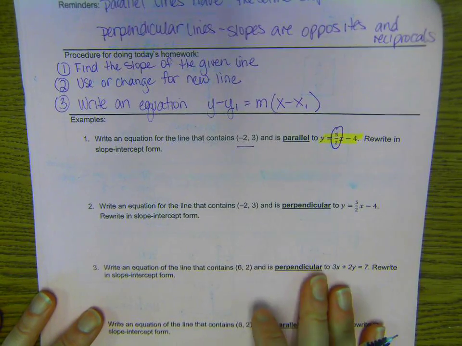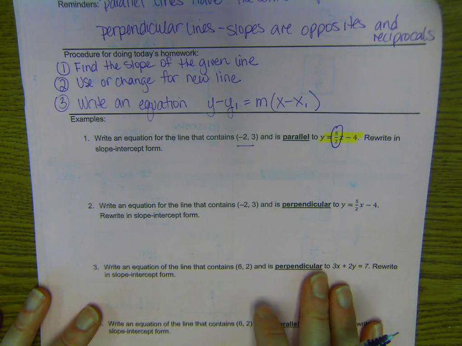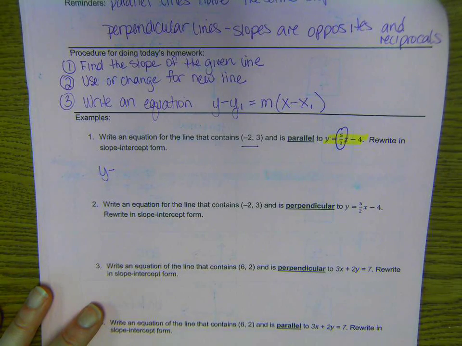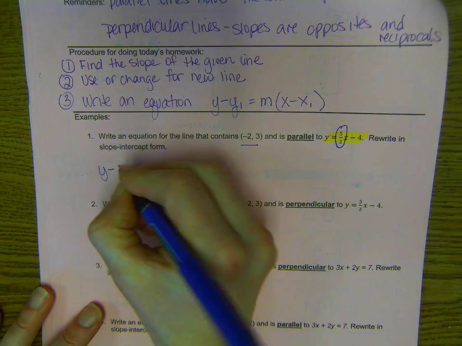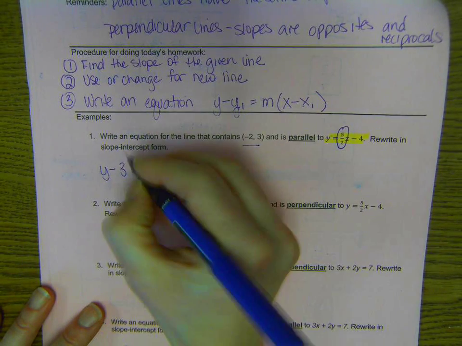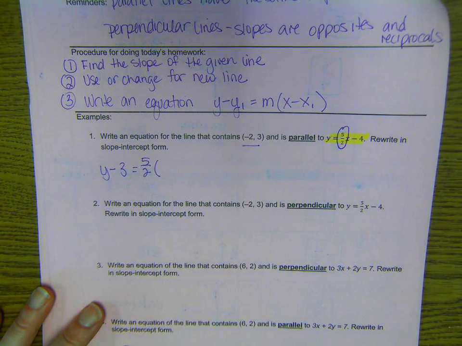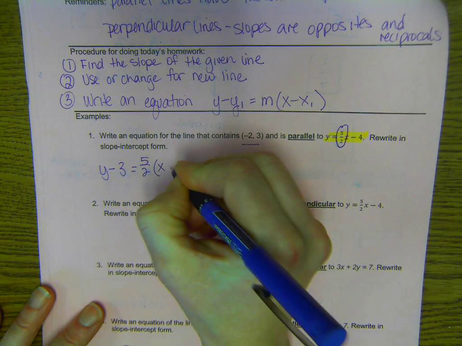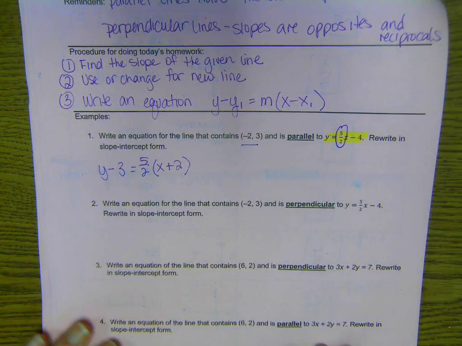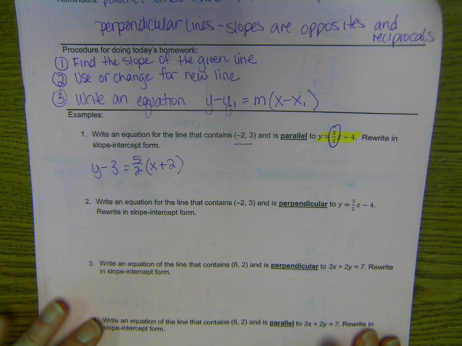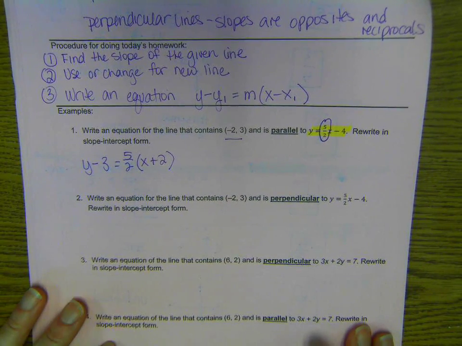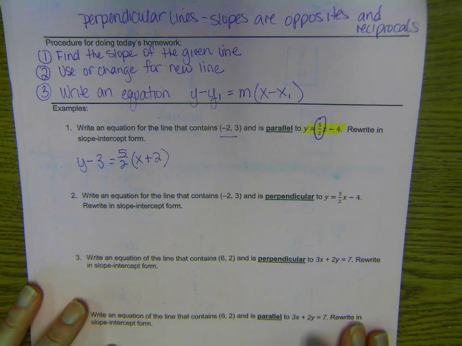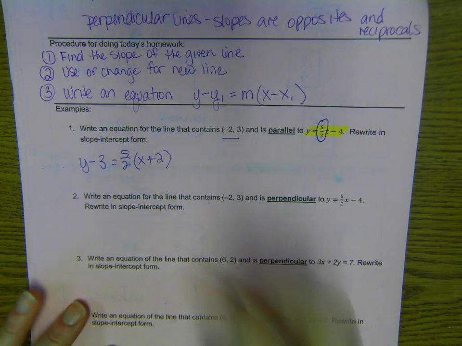So I'm going to write y minus, what am I going to put in that spot? 3. Y minus 3 equals 5 over 2, parentheses, x minus a -2, or x plus 2. Okay, now in most of these I say to rewrite in slope-intercept form. How do I get that to slope-intercept form? Yep, let's distribute. So I'm going to distribute, let's see, 5 halves x,